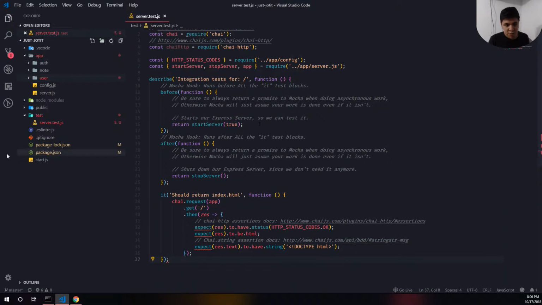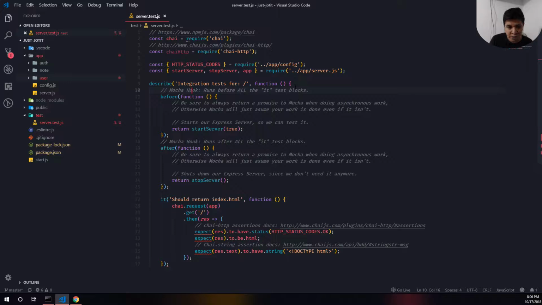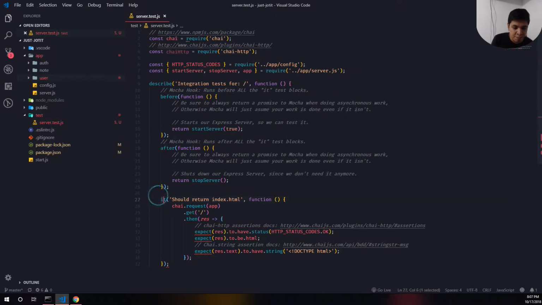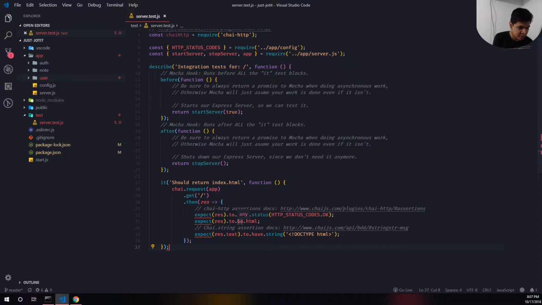So this is what our first test looks like. Notice how we use these functions called before and after. This is what we call a Mocha hook. Mocha has a really nice feature called hooks, which are utility functions that can be run at a specific point in time while your tests are running. So for example, before runs this function before all your tests. If I had 3 it blocks here, 3 tests inside of here, it would run my before function one time before all the it blocks at this level. Then my after function will run one time after all my it blocks get executed. So that's pretty much it as far as how